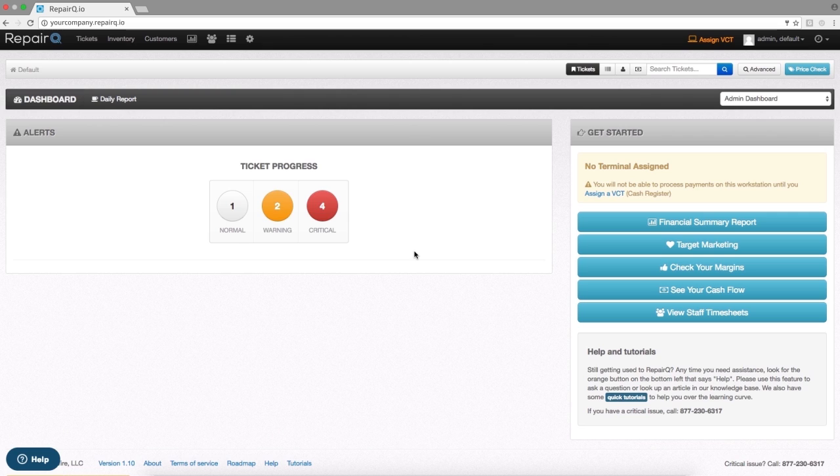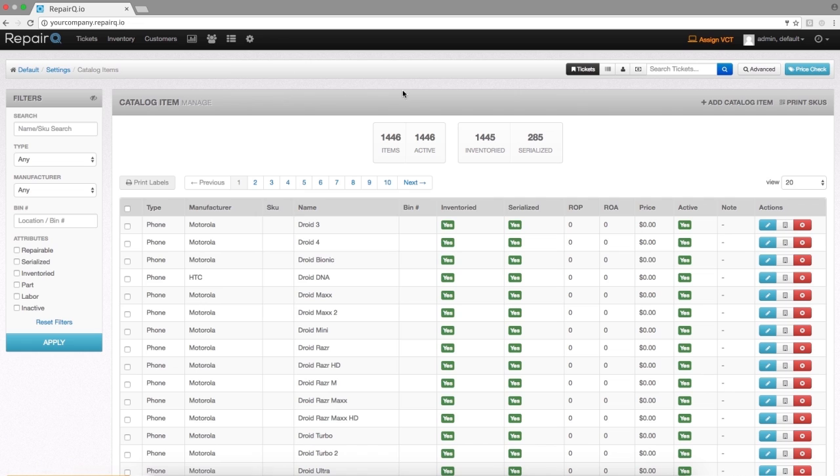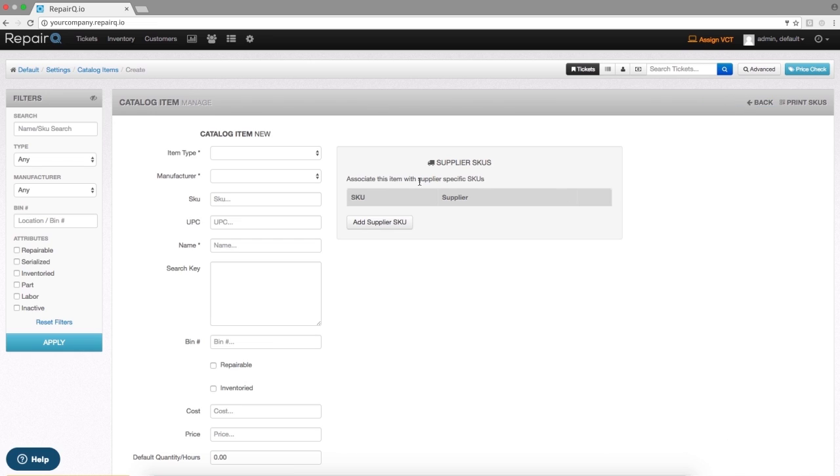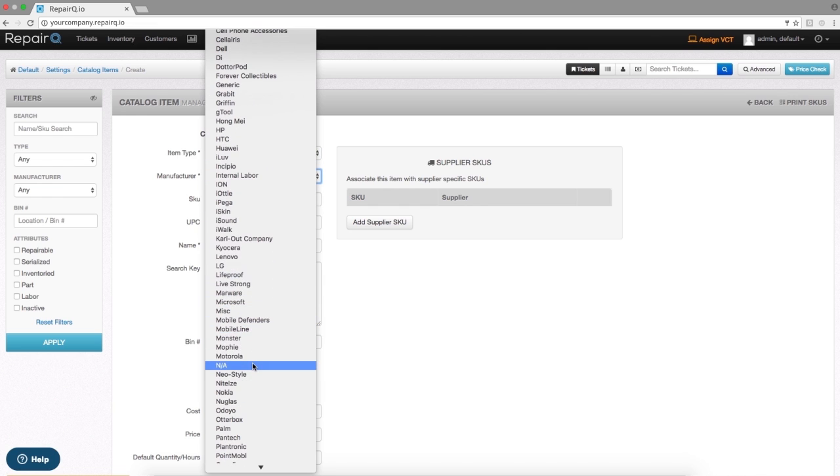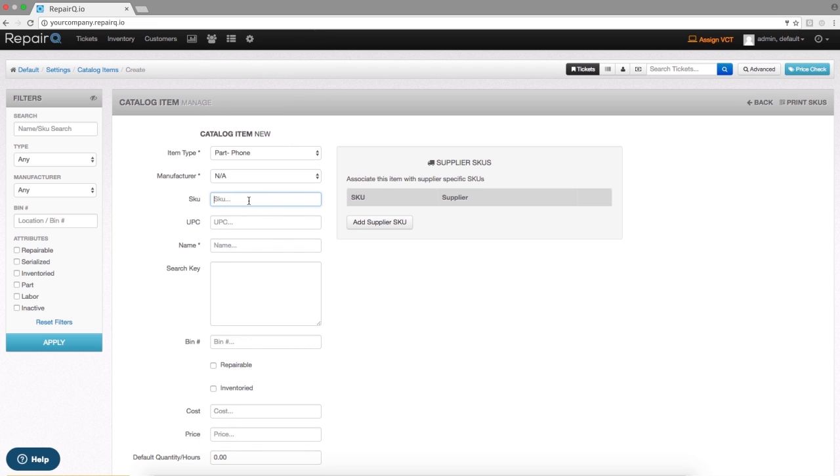First, we will look at how to set up a special order part item. You may already have one of these in your catalog, but we will demonstrate adding a new one. Navigate to your catalog, add a new catalog item, select the appropriate item type, set your manufacturer, in my case I will use NA, set the SKU for SOP for special order part, add the name,